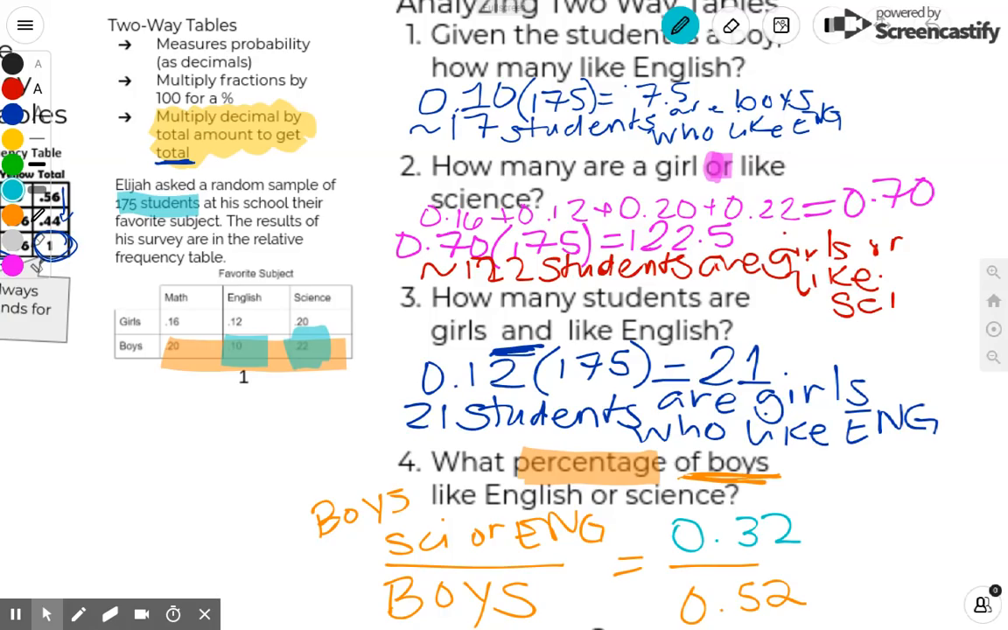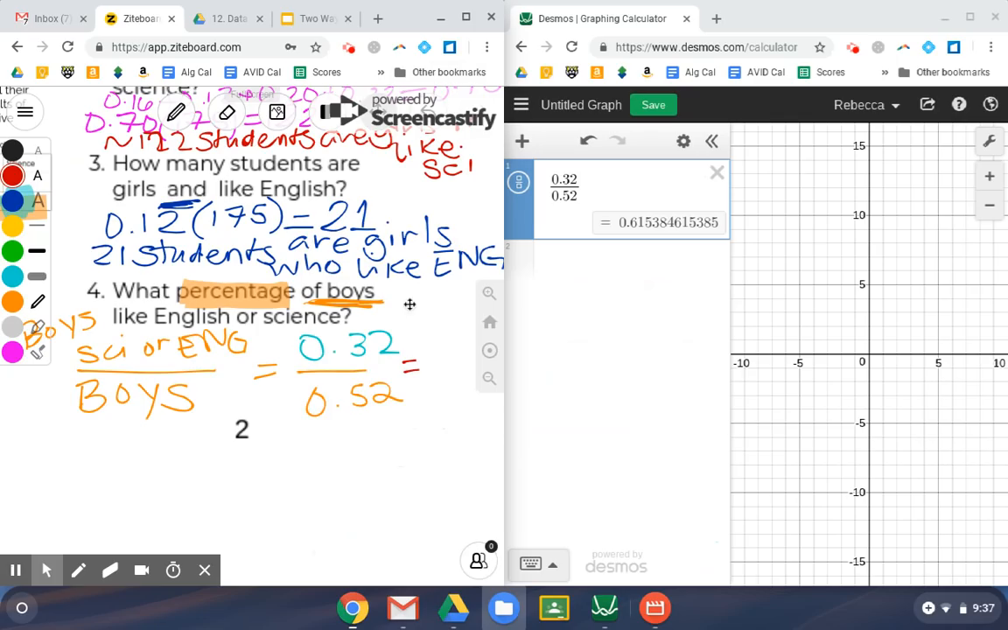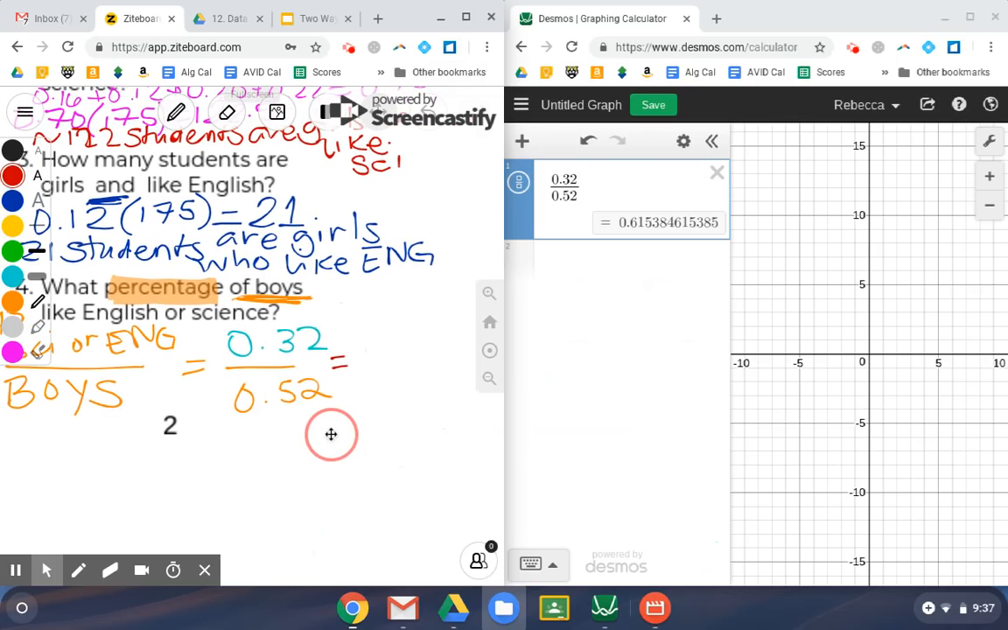So 0.32 divided by 0.52. When I did this division in Desmos, I did 0.32 divided by 0.52, and here I got 0.61. And it wants to know what percentage, so I'm just going to multiply that by 100 to get the percentage. Okay, so for me, that's